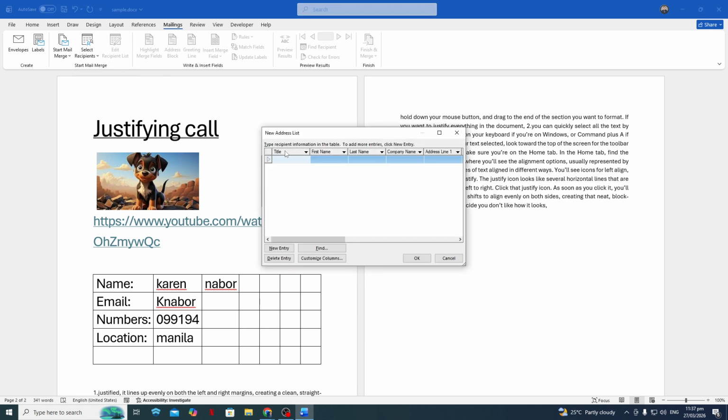Now, run a quick preview using the Preview Results option. Move through a few records to check that names, addresses, and other details are pulling in correctly, and that your formatting looks clean. If anything looks off, go back and adjust the wording, spacing, or fields before generating your final